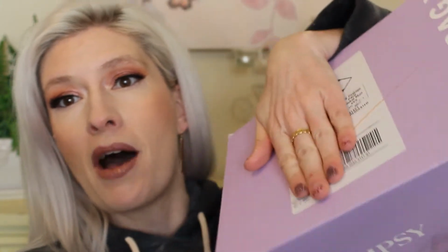So this is a new box for Ipsy. It started literally for the month of February. And it came in a big purple box, which I'm not mad at, that says Glam Bag X. So this is a quarterly subscription that takes the place of the Glam Bag, I don't know what it was called prior, where it was monthly. So now this is a luxe version that is every quarter. It is $55, which I do think is a little steep. However, the overall products that you get are supposed to be higher end, and you get more of them, so